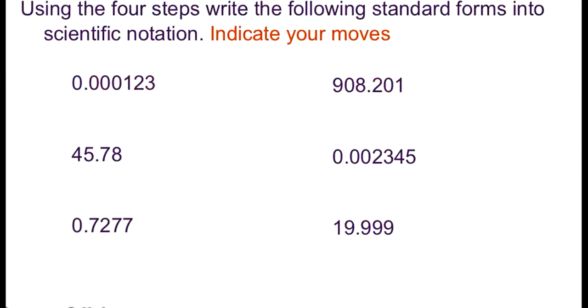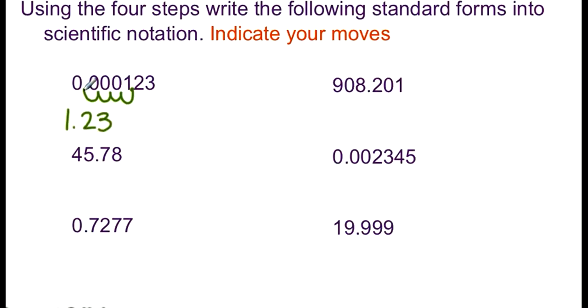So we're going to solve some scientific notation. Using the 4 steps, write the following standard forms into scientific notation. So the first step was to move my decimal place to create a number that is greater than or equal to 1 and less than 10. So I'm going to indicate using bubbles. I'm going to put my marker on my decimal point and I'm going to move over until I've created a number that is greater than or equal to 1 but less than 10. So my new number is